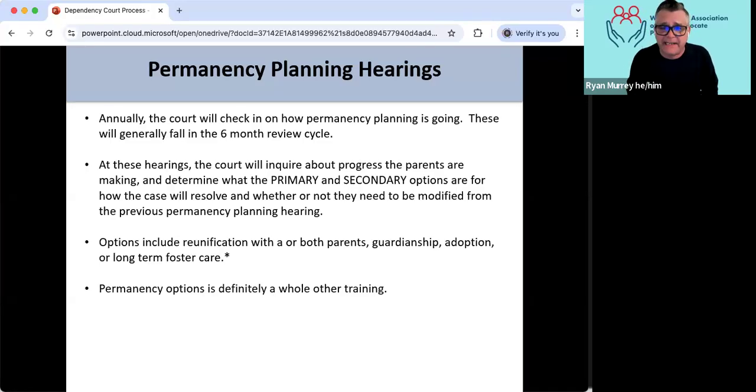At these permanency planning hearings, the court will inquire about progress the parents are making and make determinations on what the primary option for permanency should be and the secondary. So they're going to have plan A for permanence and resolution, plan B. Generally speaking, especially at the beginning of the case, plan A is going to be reunification with mom or dad or both.